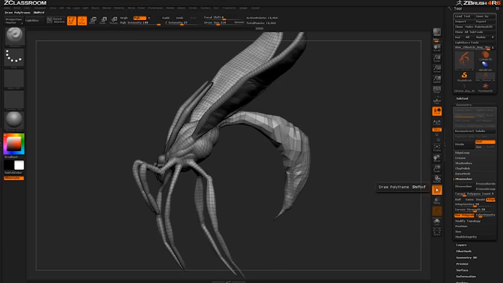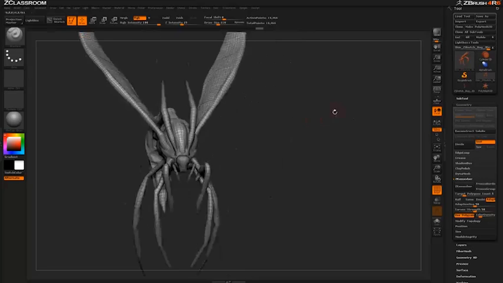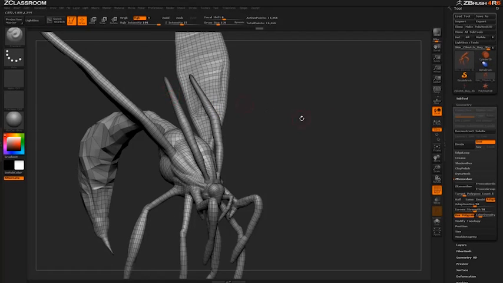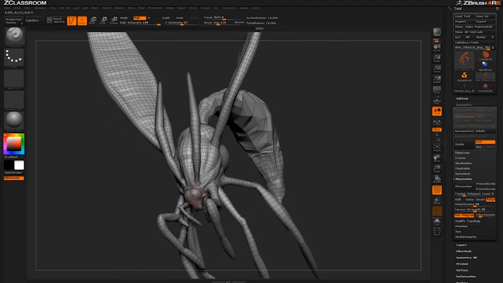So now if we turn polyframes on over here, you can see how that color information from that color density slider has actually changed the actual topology, or the density of the topology that ZRemesher generated. So here we have the area that was 1x, and then we had the 0.25, and then if you look at the antenna, we've got 4 times the density up there, and then around the eye we have 2 times